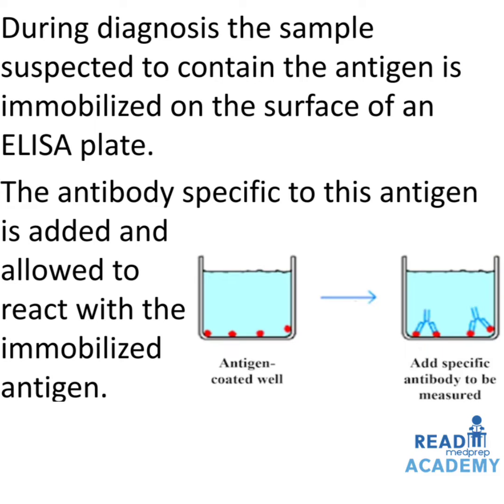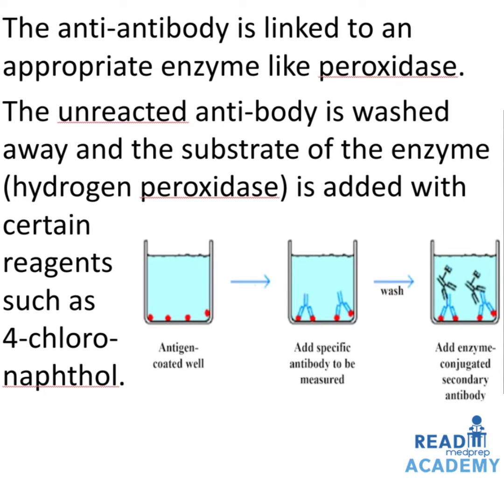During diagnosis, the sample suspected to contain the antigen is immobilized on the surface of an ELISA plate. The antibody specific to this antigen is added and allowed to react with the immobilized antigen. In the image below, you can see a coated well taken with antigen, and the specific antibody to be measured is added to this coated antigen well. The antigen antibody is linked to an appropriate enzyme like peroxidase. The unreacted antibody is washed away and the substrate of the enzyme like hydrogen peroxide is added with certain reagents